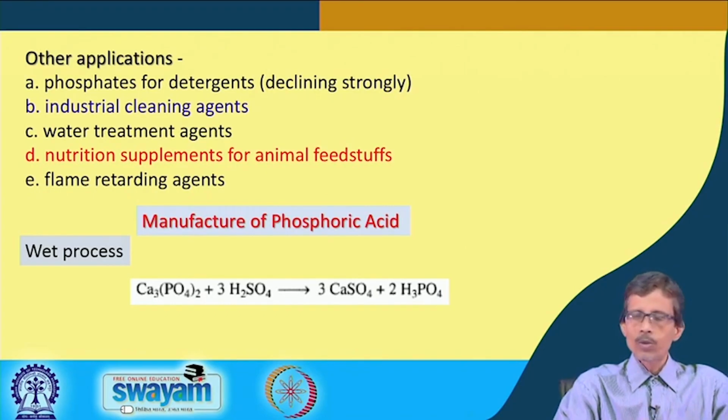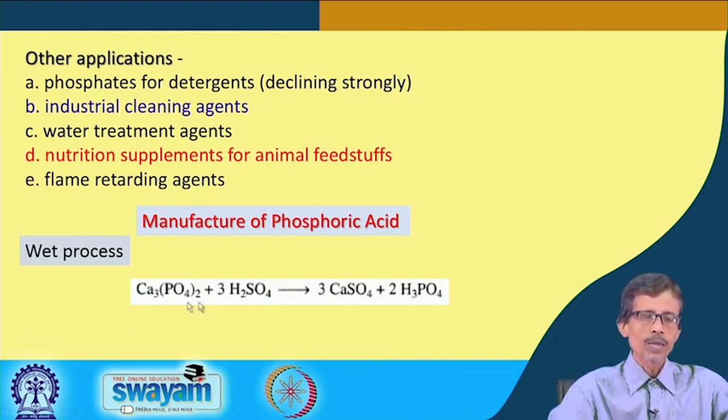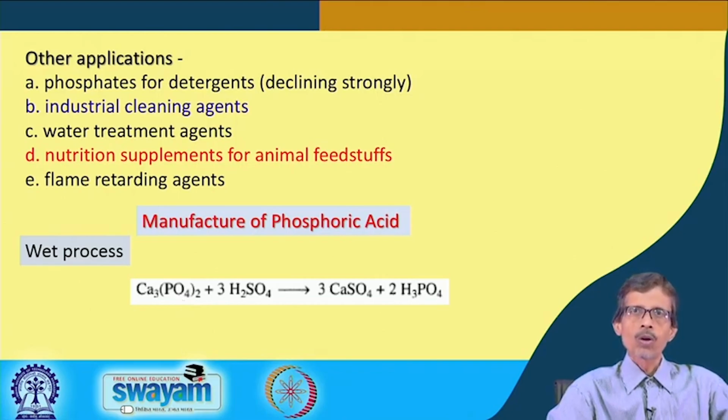Because compared to these, if we consider this simple calcium phosphate, which is nothing but the calcium salt of phosphoric acid, we have calcium present as the corresponding cation